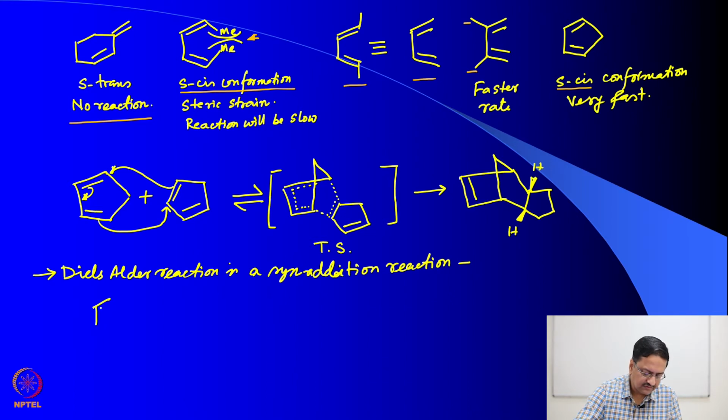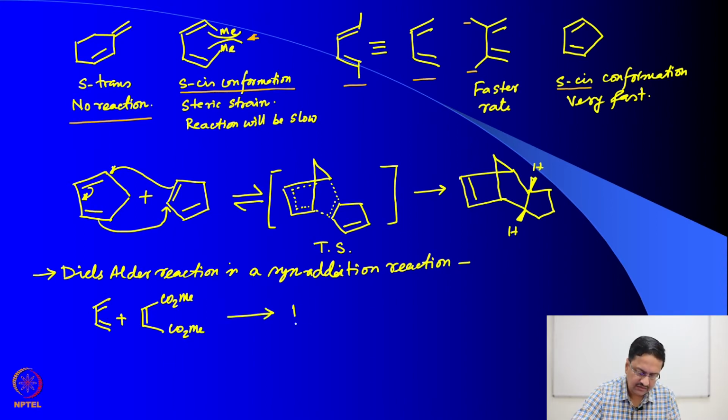So, if we treat cyclobutadiene with the cis diester, we would get a product where the diester will be cis,